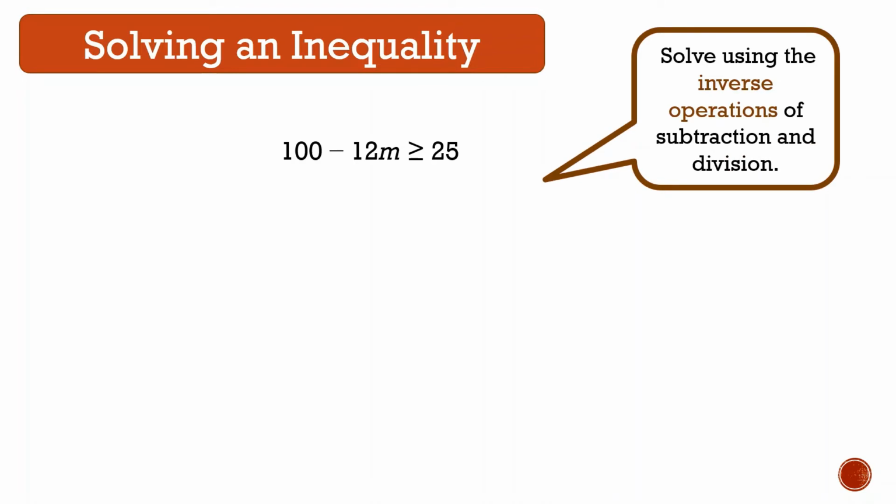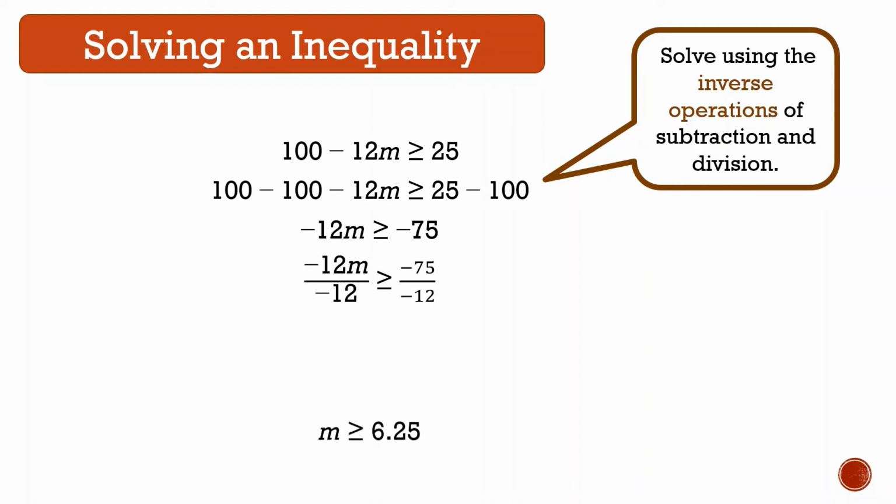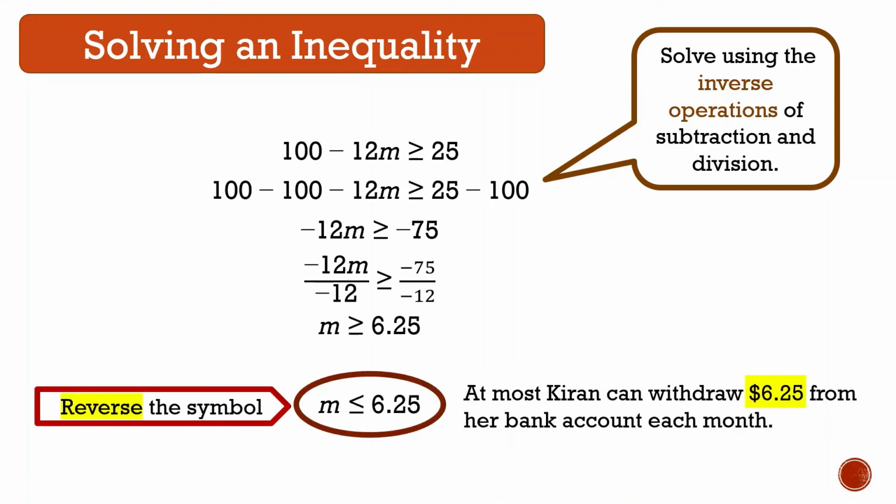We're going to use inverse operations of subtraction and division. Subtract 100 from both sides of the inequality. So negative 12M is greater than or equal to negative 75. Divide both sides by negative 12. M is greater than $6.25. But remember, when we divide by a negative on both sides, we reverse the symbol. So M must be less than or equal to $6.25. So at most, Kieran can withdraw $6.25 from his bank